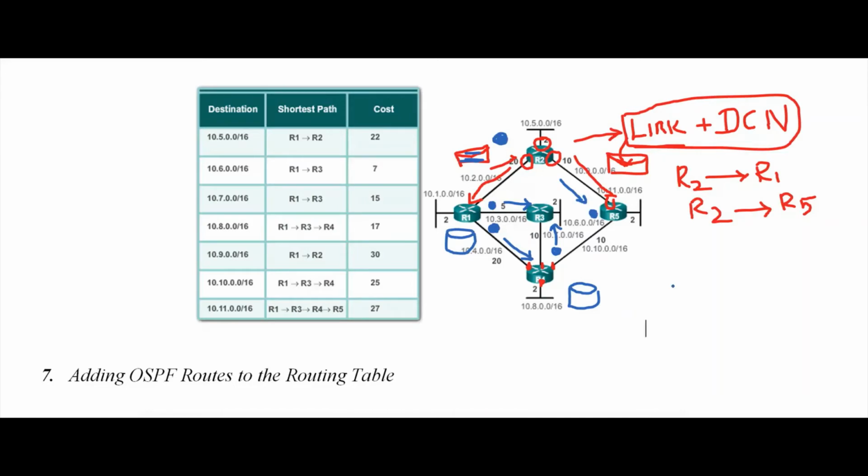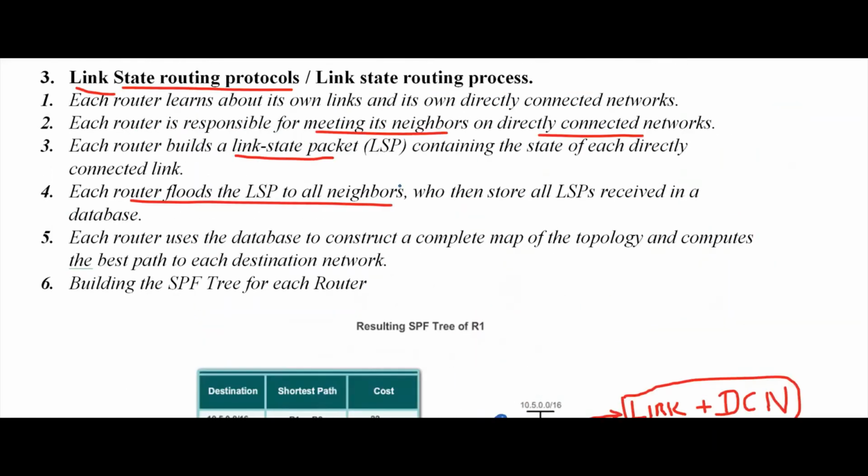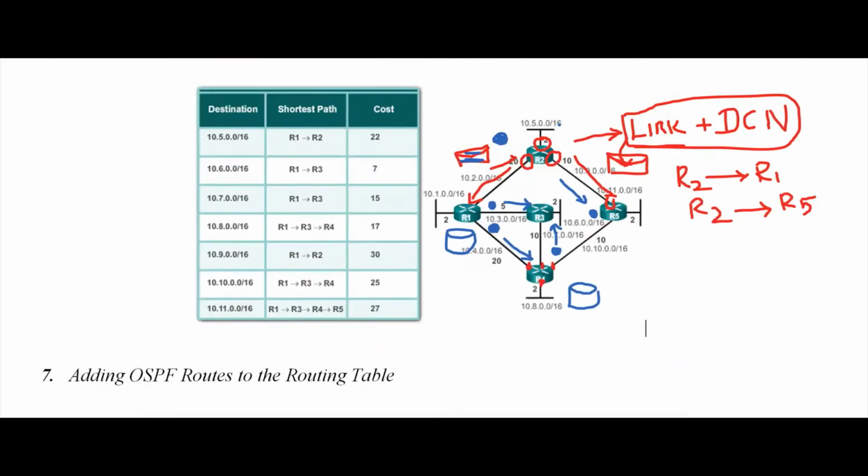That means in the fourth step, what we are doing, a router is going to send the LSP to the neighbors. The neighbors will flood it. Flooding means sending to all over the network. Then everybody is going to store it. Everybody is going to store it. Now just think, now we completed R2.